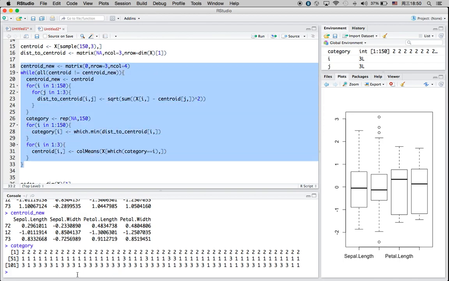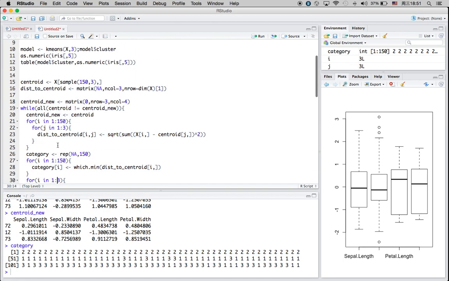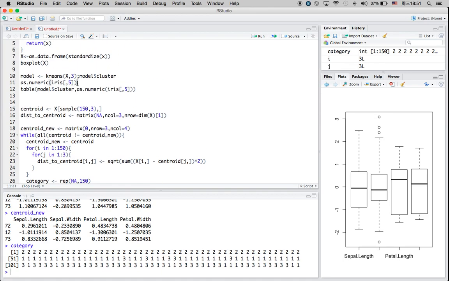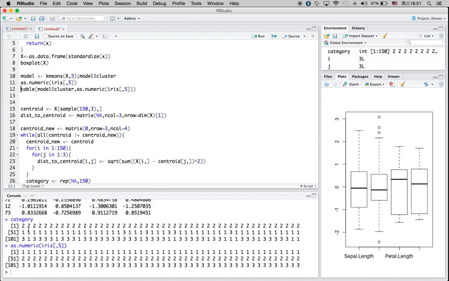As you can see, it also did a good job on separating the first category, the first 50 rows. This is the same as the true label for this data set. My algorithm, as well as the built-in k-means algorithm, both did a good job on separating the first 50 rows from the original data set, but they didn't do a good job on separating the rest of the two categories, where this is the